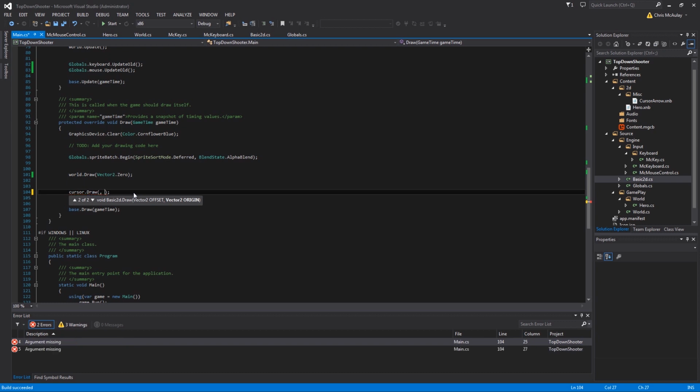So let's talk about the origin first. I mentioned we want it to be in the top left. New Vector2. Top left is 0, 0, as we talked about before in the last video. And then our offset is going to be the position of the mouse. So we're going to say globals dot mouse dot new pos,